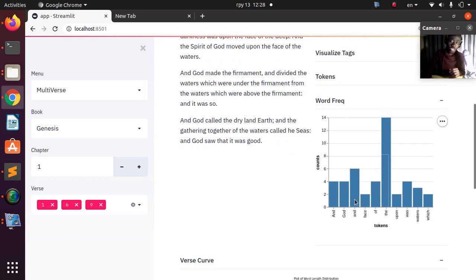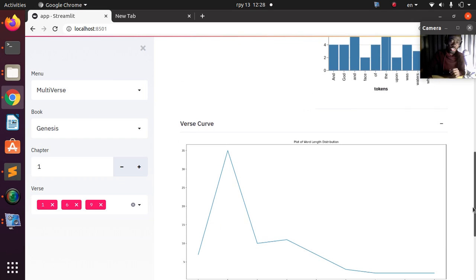In a very nice plot using Altair. So these are the plots, right? Some of them are stop words, but you have to see how to take them out. Then if I come back to the verse curve, the verse curve is going to give us the Mendenhall curve, which is used in